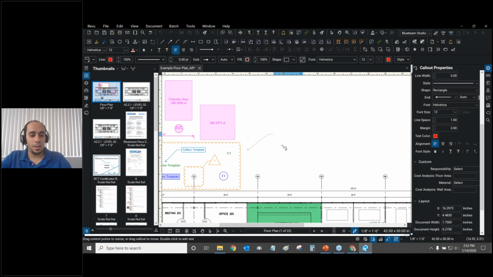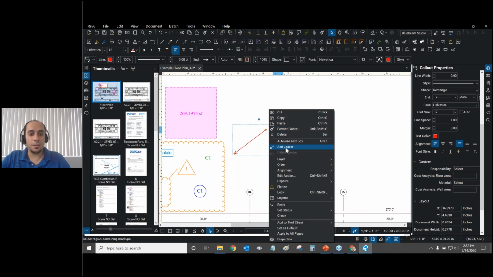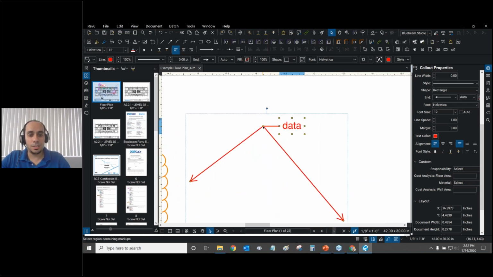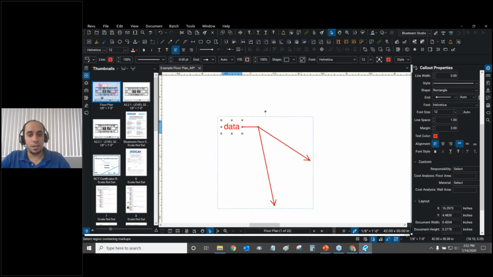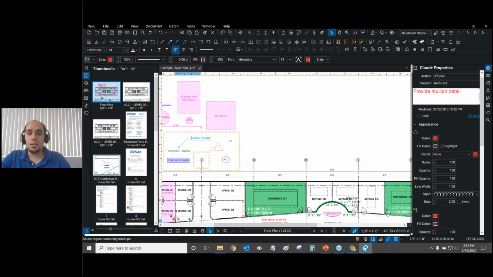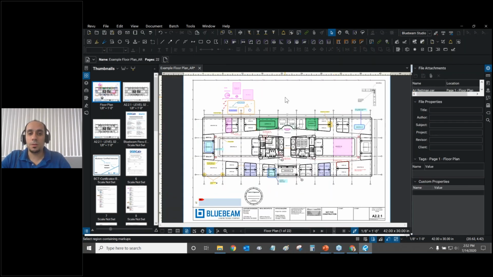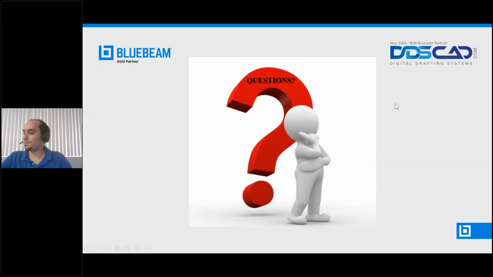So if I make a callout here, data can be put there. And now if I right click on it, I can add a leader. The problem is that the leaders have to start from this shoulder. So even if I move the shoulder here, it moves both of my arrows. So this is still a bit of an issue. It seems like there might be something missing. Maybe there's something that I don't know, but I'll be contacting Bluebeam and I'll get back to you. If we can record which of our clients sent us that question, I'll follow up with you guys very soon. Absolutely. It's very important that we get to the bottom of that. Okay, thank you, Ari. Yeah, we need to follow up with him.